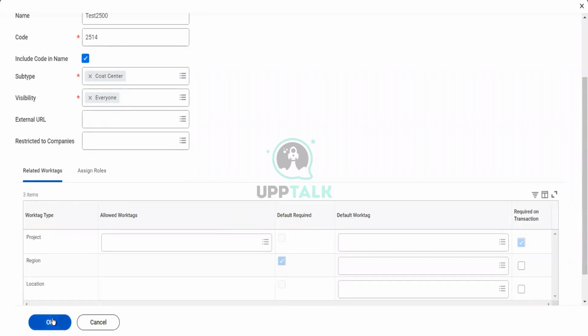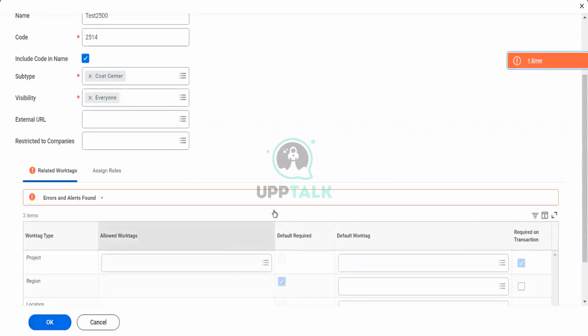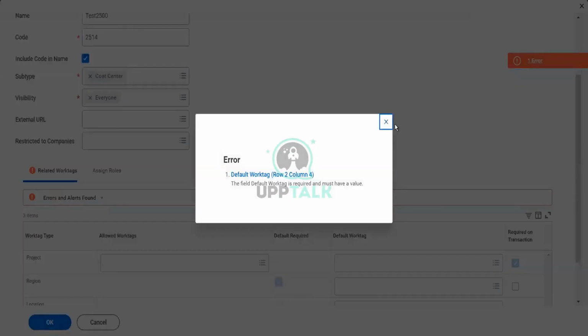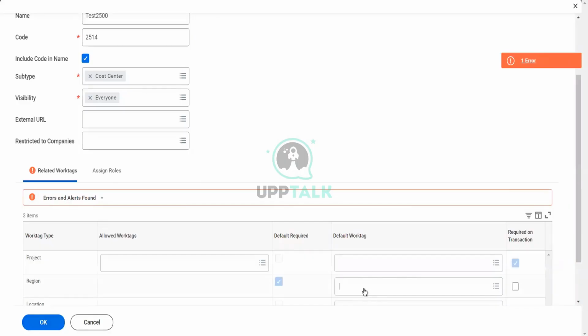Now let me hit, let's see if I can go ahead without selecting a region here. I got an error here: the default work tag is required and must have a value. I need to give a value. Let's say in here,